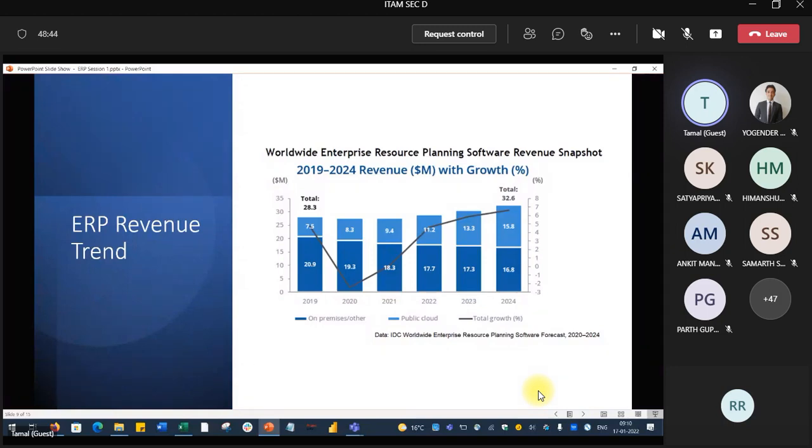They are not going to come out of their on-premise and move to the cloud, so they will continue. In the near future, we don't see on-premise dying. It will remain at a certain level, but of course, cloud will increase. That is the revenue trend.